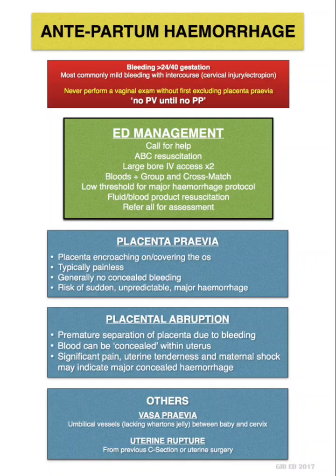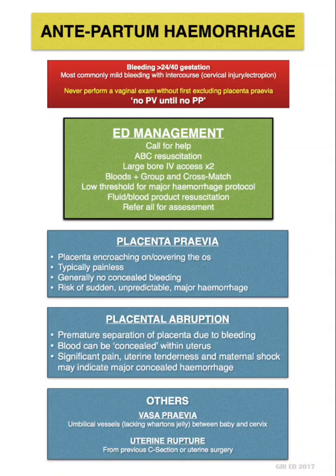Now coming to the management of abruptio, if the patient is unstable, we go for C-section. If she is stable and the period of gestation is greater than 34 weeks, we go for a vaginal delivery. And if it's less than 34 weeks and she's stable, we go for expectant management and no tocolytics are given. So this was about the management of both of them.